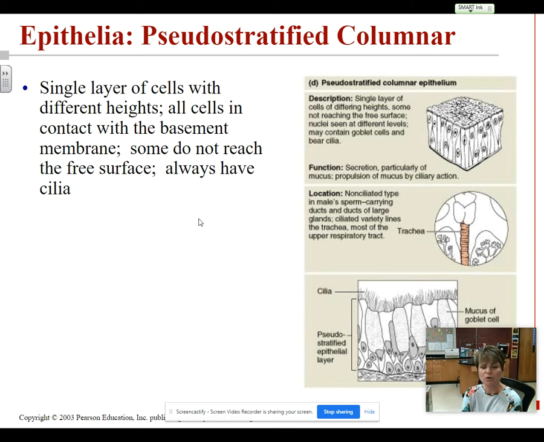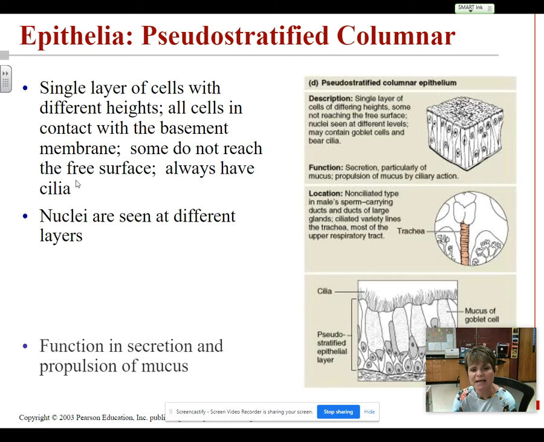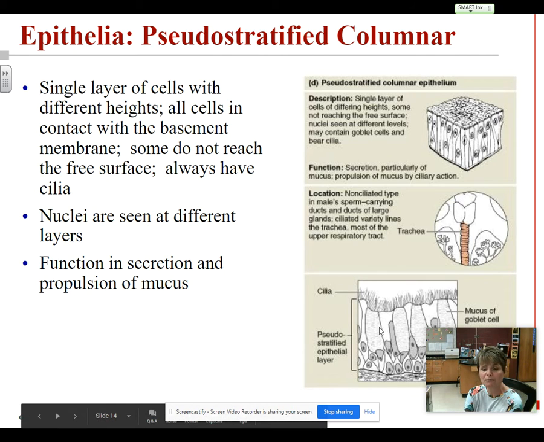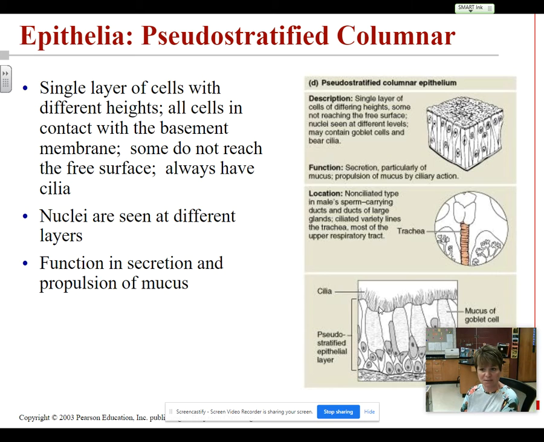So anyway, if you don't remember what cilia are from biology, cilia are these little hair-like projections right here. And those cilia give this tissue its function. Its main function is the secretion and propulsion of mucus. What does that mean, propulsion? Well, that means moving or propelling mucus along. So basically, this tissue is secreting mucus, and then these cilia propel or move that mucus along